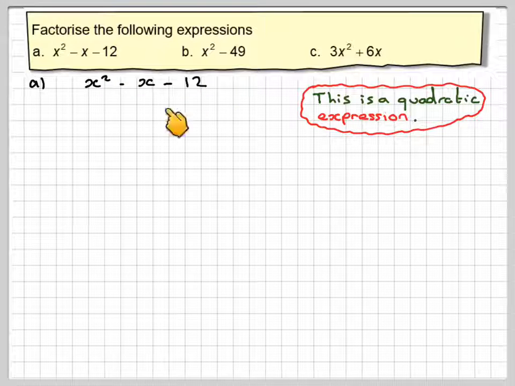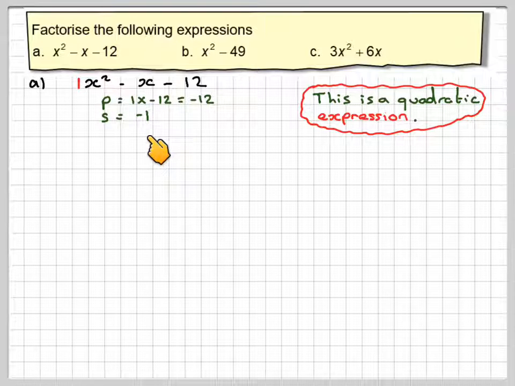Right, the one way to factorise a quadratic expression is to say the product you get by taking the number in front of x squared, which is 1, which we wouldn't normally write in, and then by the last term, which is minus 12. So 1 times minus 12 is minus 12. The sum is the middle term, which is minus 1. Again, it's not written in there. Right, then we want two numbers whose product is minus 12 and the sum of the same two numbers is